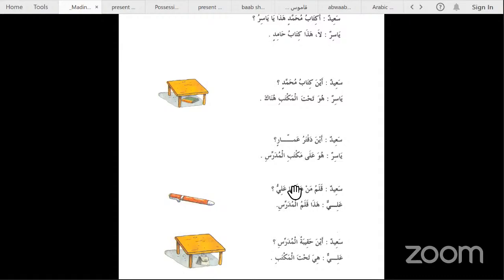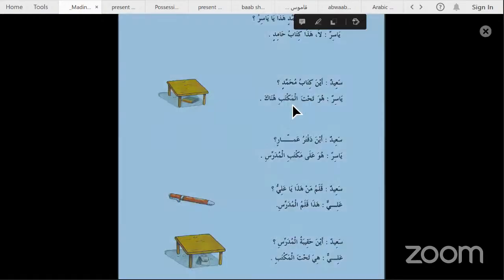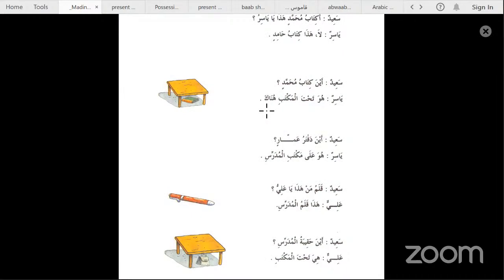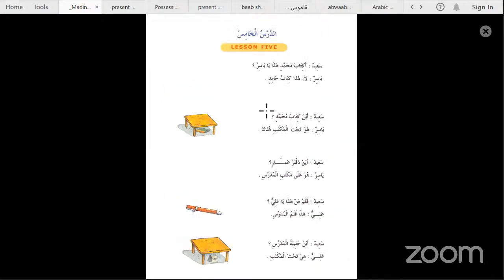Number three, it also mentioned the word tahta, which means underneath, or fawqa, which means above. Whenever these adverbs come, the noun which comes after is always in the genitive case, meaning getting a kasra or a tanween, depending upon, but always in the genitive. So it always is mudaf and mudaf ilay. Is that clear for you now? Is that clear for everyone? Thank you very much.